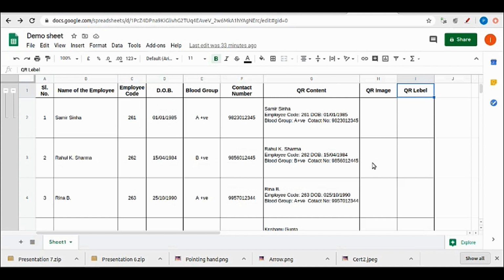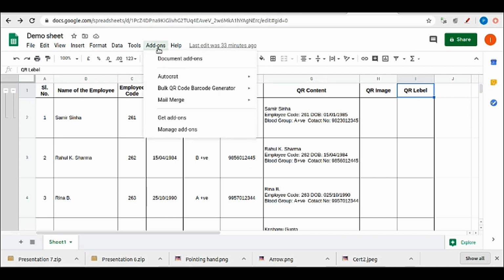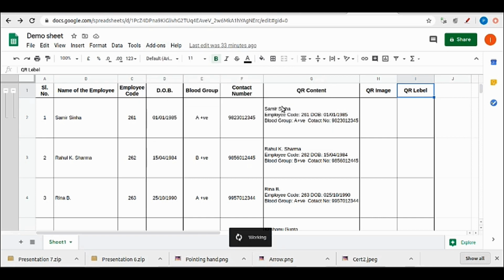So now let's begin the process of generating the QR code with the available data which is in the Google Sheet. For that, let me go to the add-ons and click the extension QR code and barcode generator. Click on bulk QR code generator.